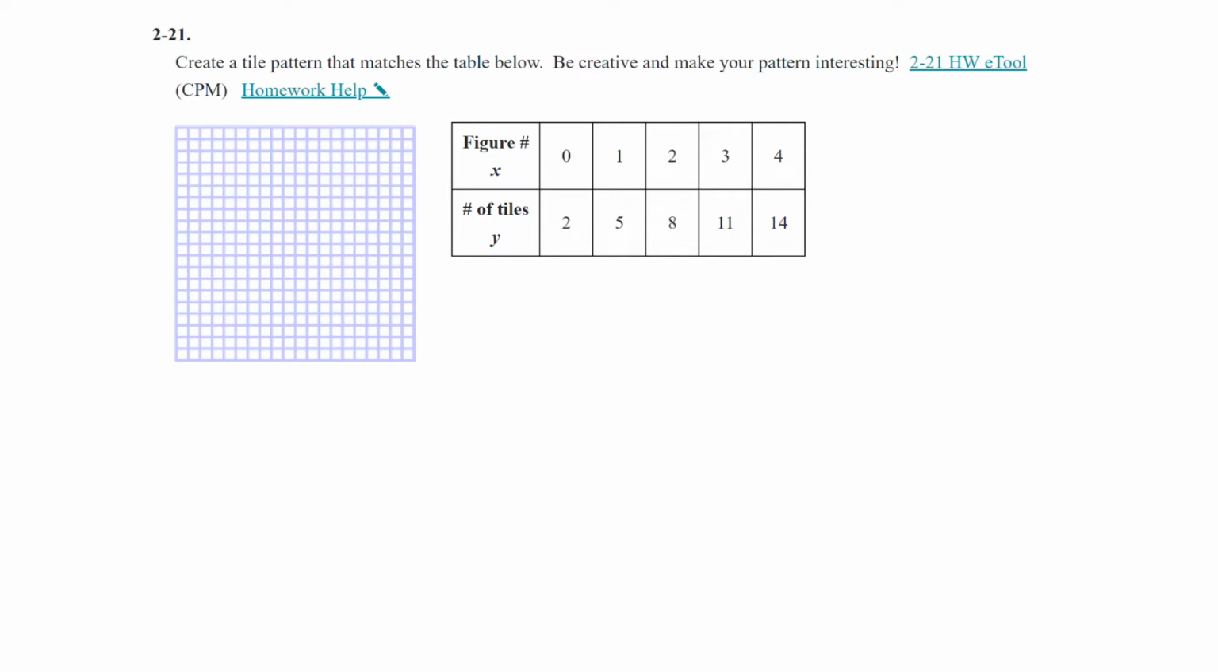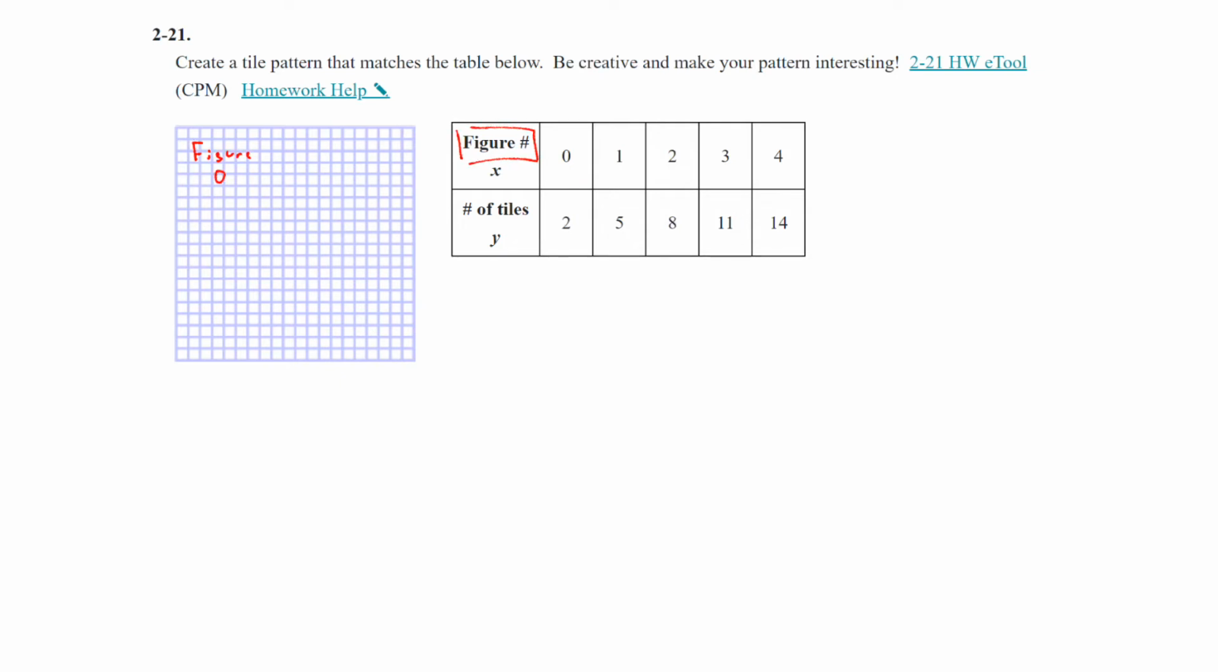Question 21, create a tile pattern that matches the table below. Be creative and make your pattern interesting. So really this one is up to you in terms of how you want to do this. There's lots of different ways. The big key on this one is that the x represents the figure number. So when you create your figure